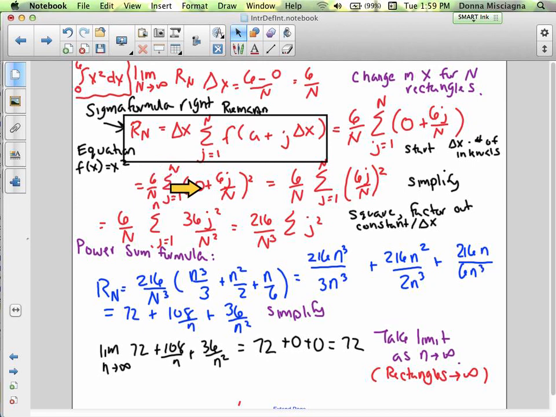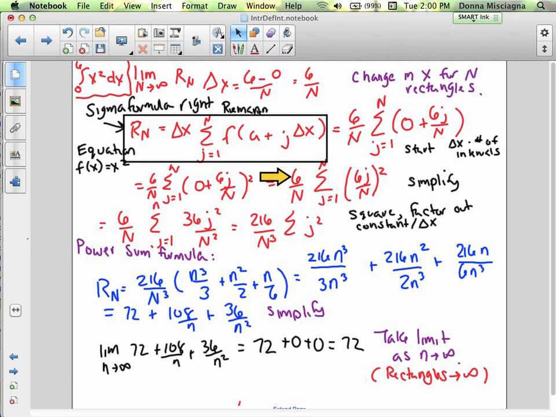So we have 0 plus 6j/n. That's the value that we had over here. That's the value of x. And we're going to plug that into the function, which is x squared. Right? So this is our value of x, and so we're squaring it. If we square it, well, you square 0 and it's still 0. So here we have after we've squared. All we did was we squared,